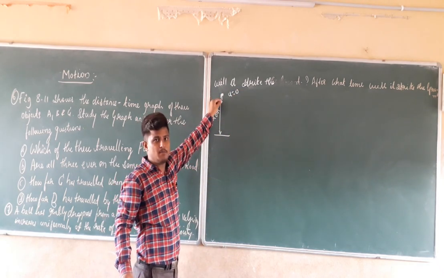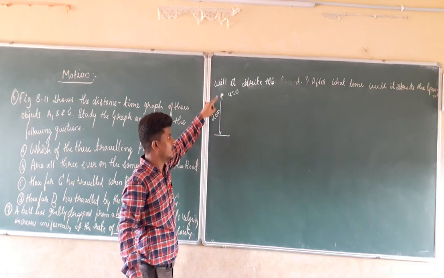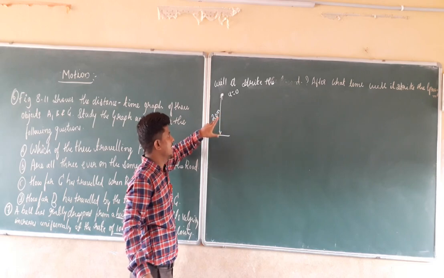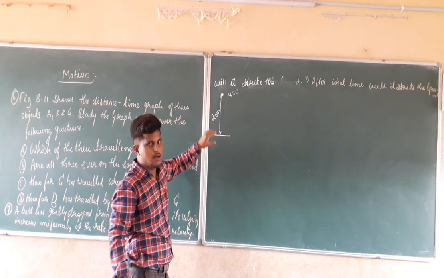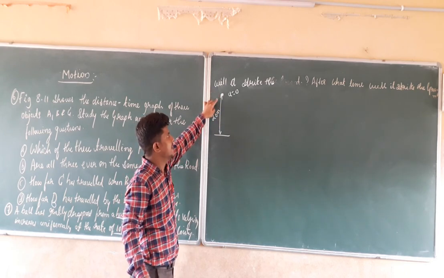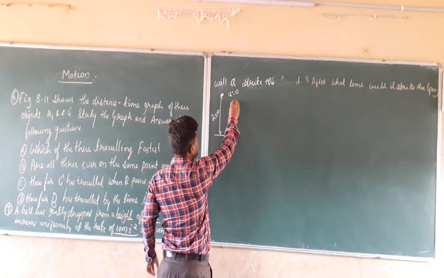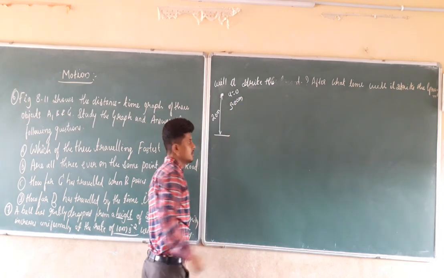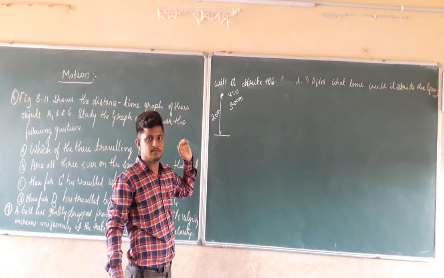When you drop the ball, how much distance is it going to cover? It is going to cover 20 meters. So the height from where we drop the ball can be taken as the total distance covered. That is equal to 20 meters, which is the height of the ball. It is going to move this much distance.